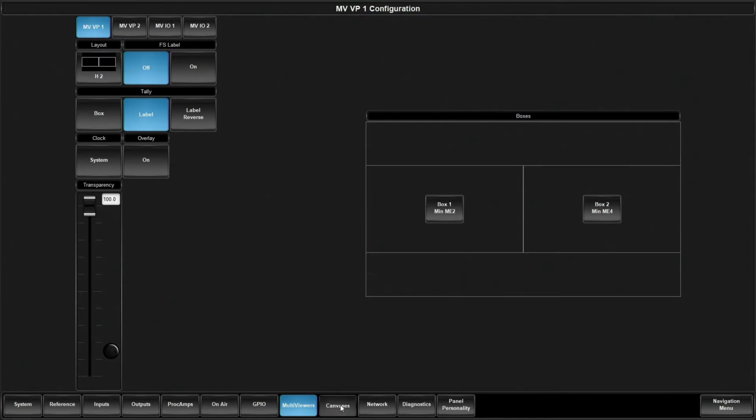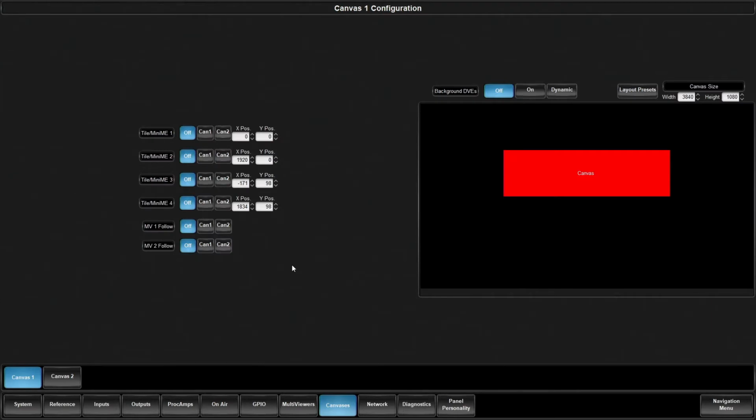Coming over to the Canvases tab, what we've done to the multi-screen product in Ultra is bring forward the enhancements we made to Carbonite Mosaic. Unlike Mosaic, it doesn't have as many tiles and DVEs. It has to share other resources with the rest of the switcher. But what we brought was the canvas methodology, which is very straightforward.